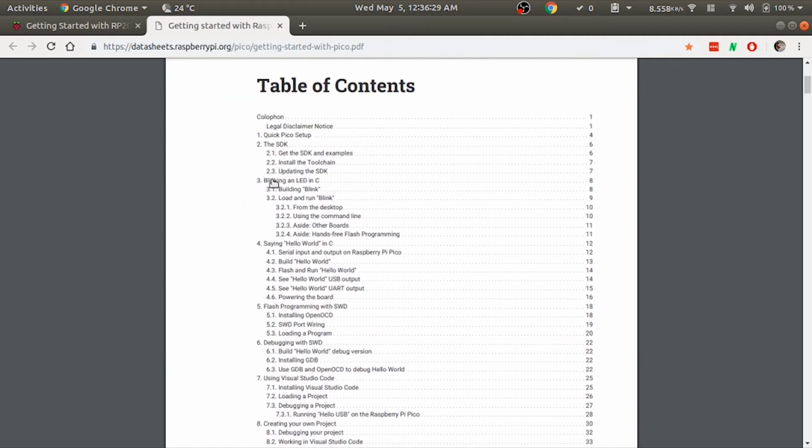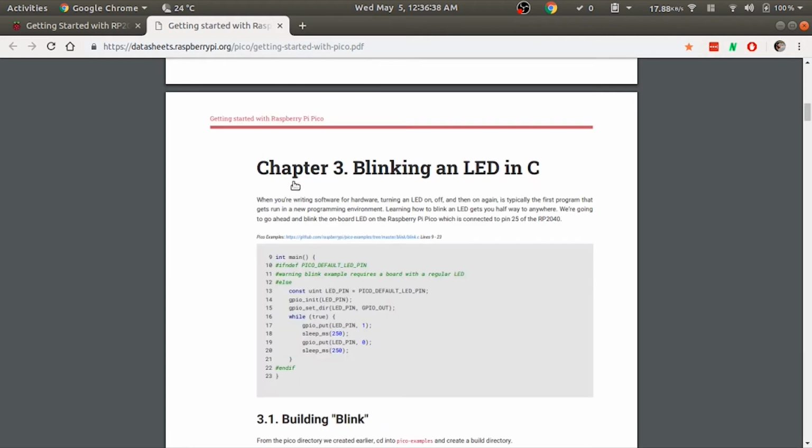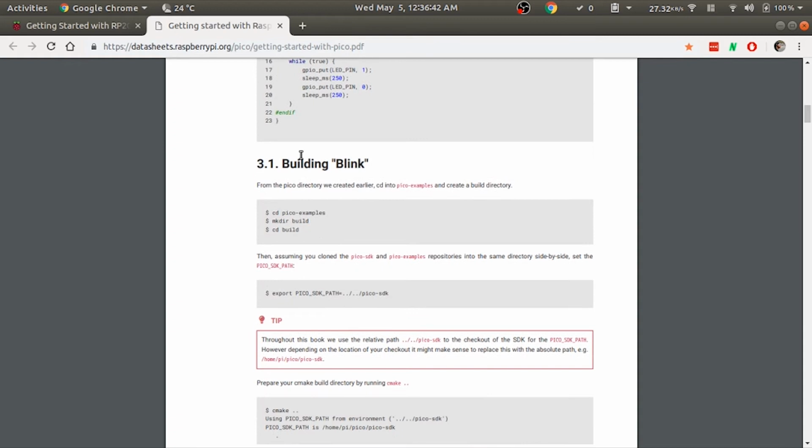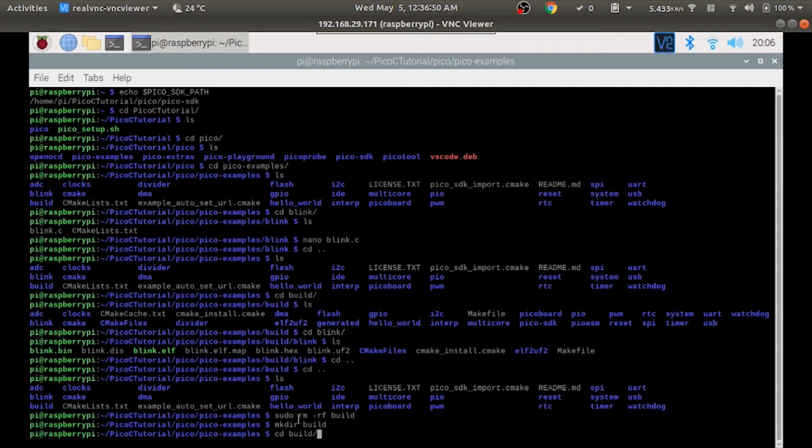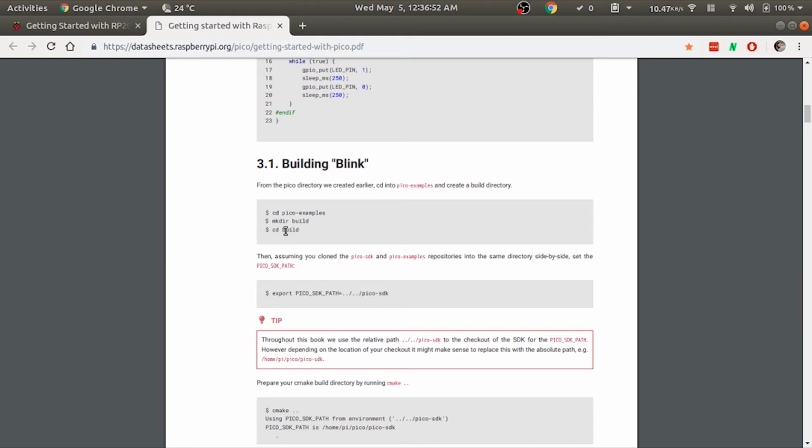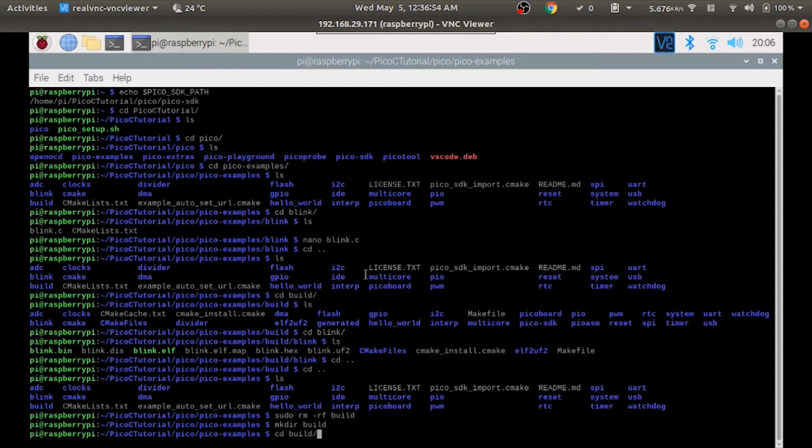But you can come to this section over here which says Blinking an LED in C. The SDK setup is done for us, so we can skip point number 2. So we'll directly go to point number 3. Here is the code that we just looked at, and then it says how to build it. So it cds into the examples folder, creates a build directory, just as we did right now. You can see mkdir build. Then you cd into the build folder. So I'll just cd into the build folder now,